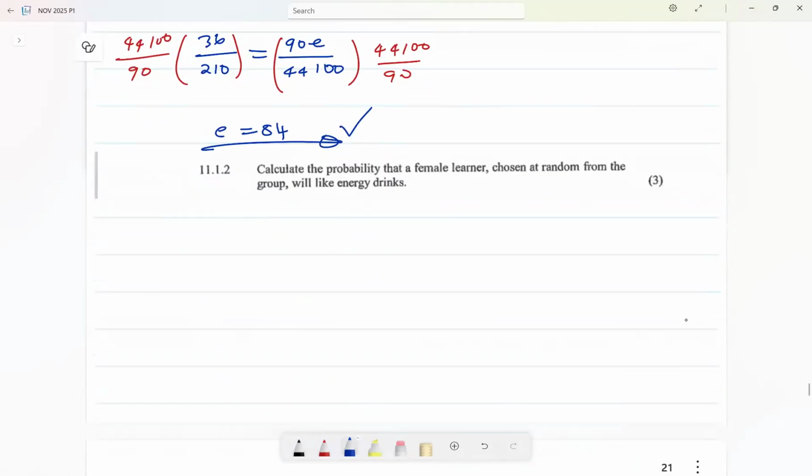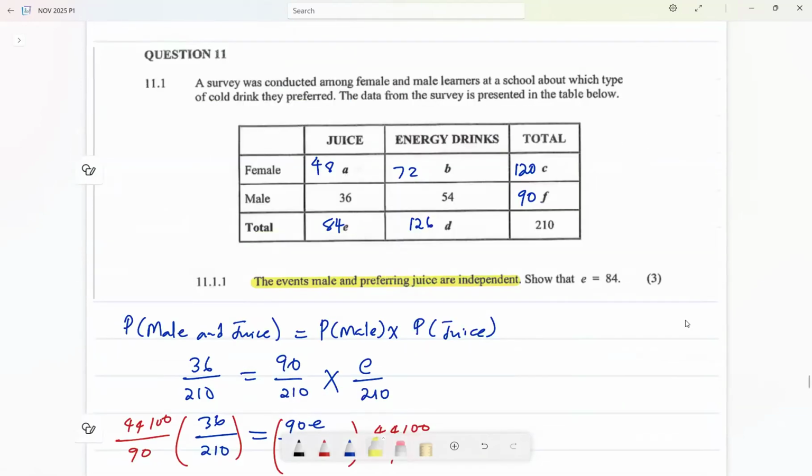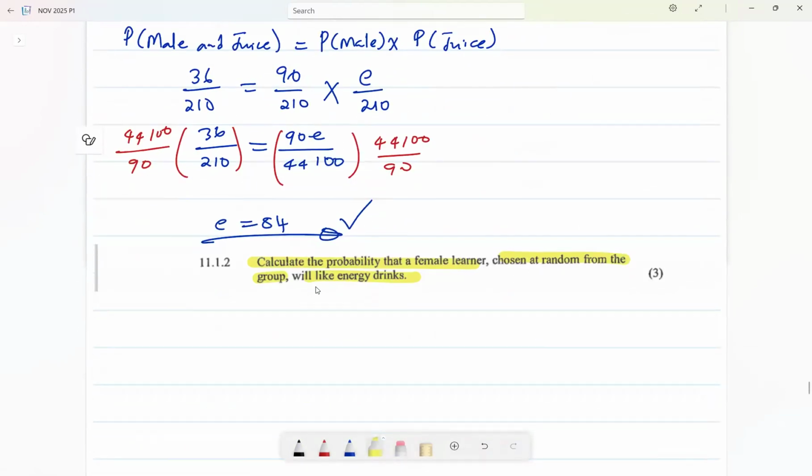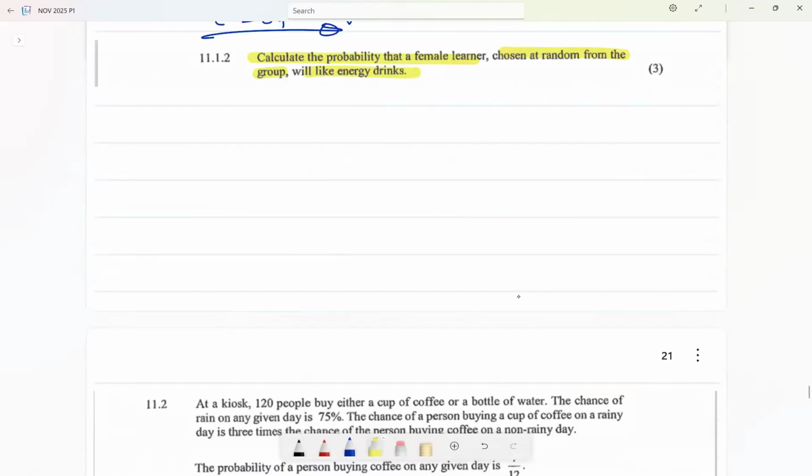Okay, sharp. Now they say, calculate the probability that a female learner chosen at random from the group will like energy drink. Calculate the probability that a female learner chosen at random from the group will like energy drink. So what is the intersection? It is this one. So the probability of a female liking energy drink